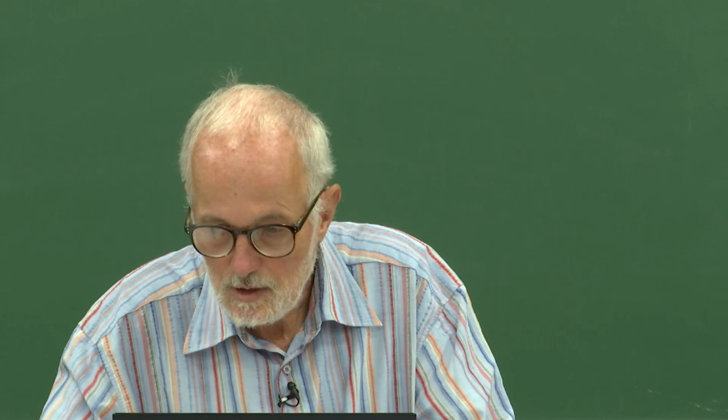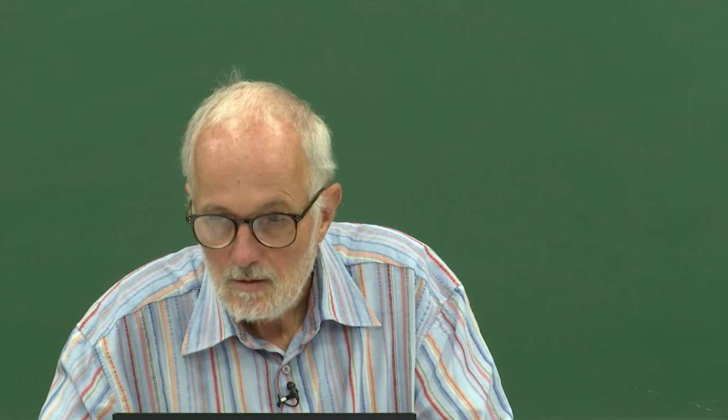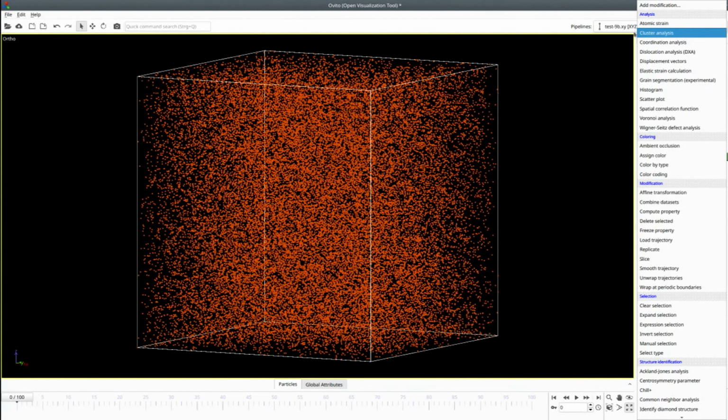So here's this. Then this cluster analysis we had already, coordination analysis. This is, I think, similar to this. I'm not sure. This dislocation analysis, we saw displacement vectors, we did not see. Elastic strain would be interesting in an MD, grain segmentation, I don't know, and so on. Voronoi,